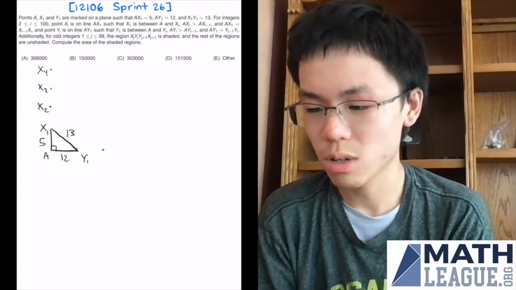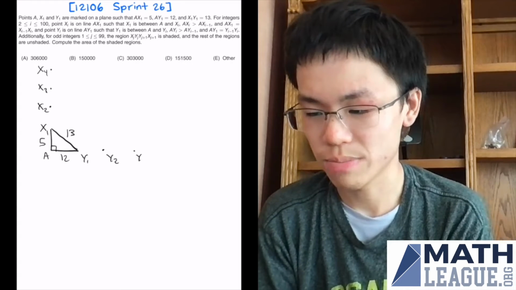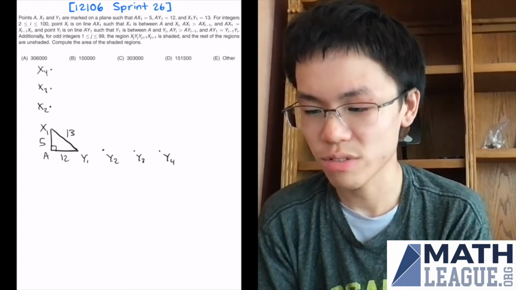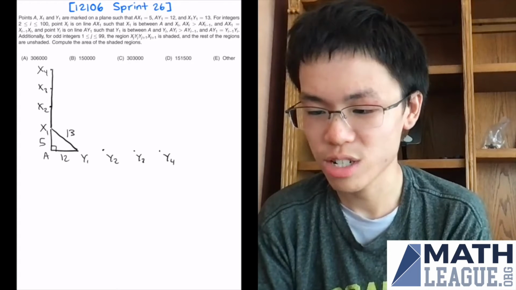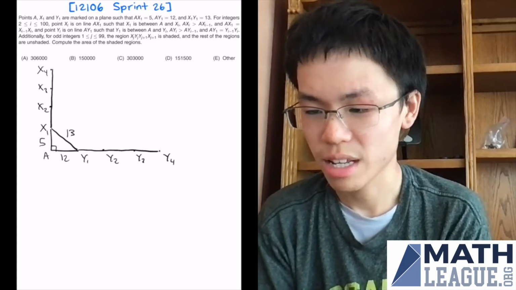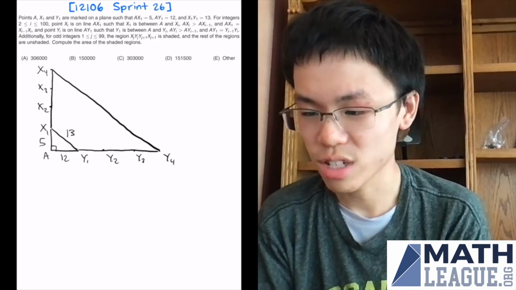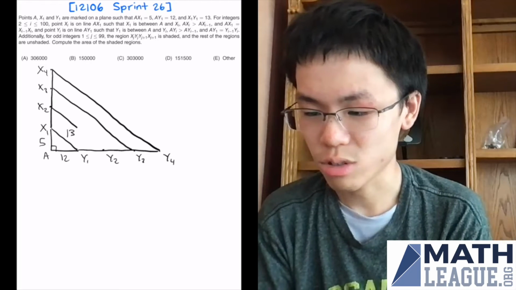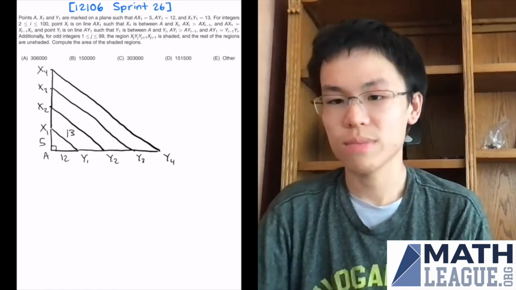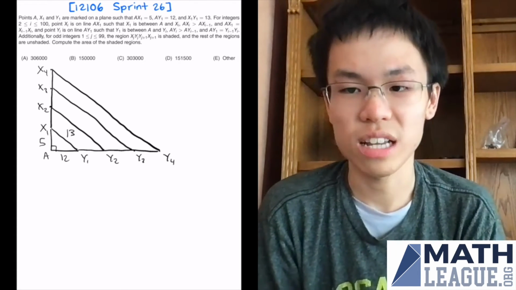Oh, and we are already out of room. And we're going to have to do 100 of these points. No way we can realistically fit them all in a single diagram. That is going to be a big challenge of solving this problem. After drawing the first 4 points, okay, I'm going to go move on and see if there's any pattern